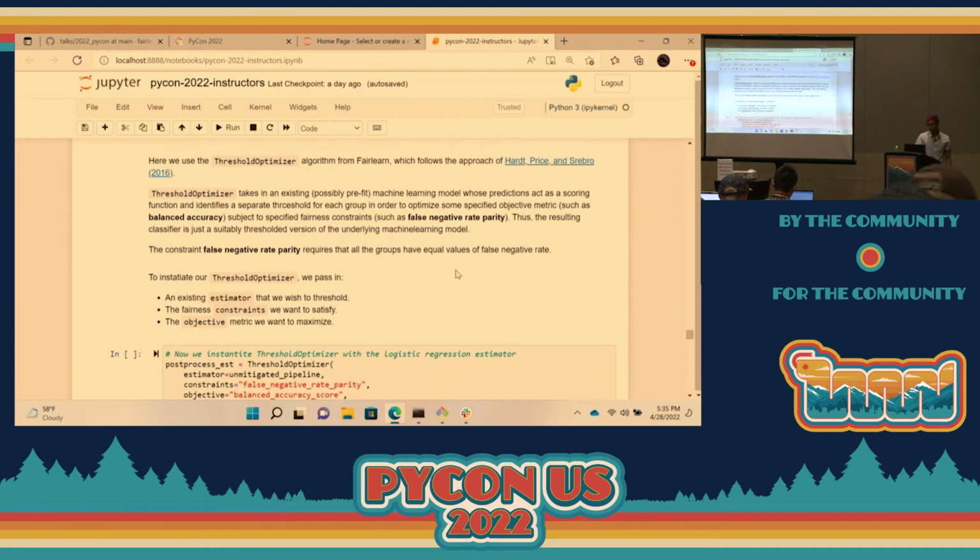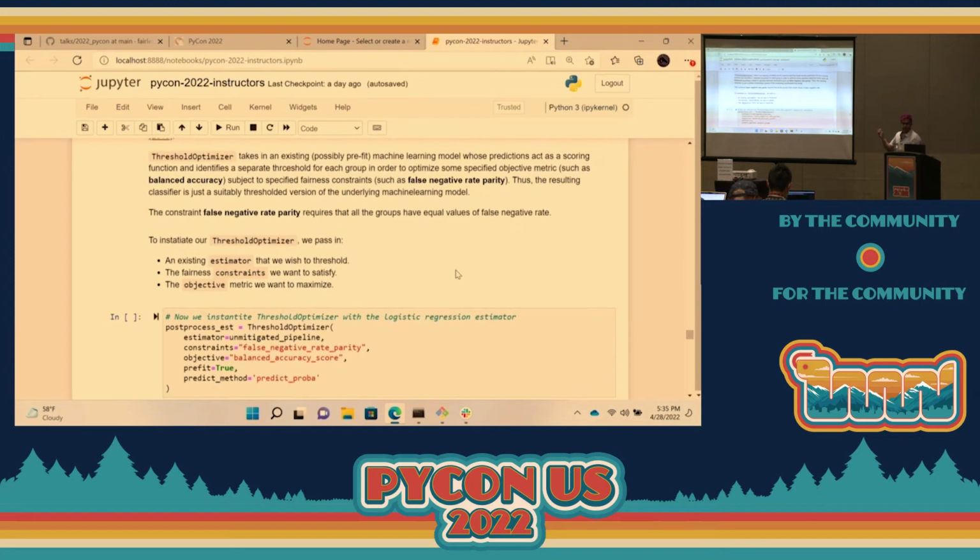And within Fairlearn, we'll be using this threshold optimizer algorithm, which follows from the approach in a paper written in 2016 by three authors, Hardt, Price, and Srebro. How the threshold optimizer works is it takes in some existing, possibly pre-fit machine learning model whose prediction acts as a scoring function, and it identifies separate thresholds for each of our demographic groups